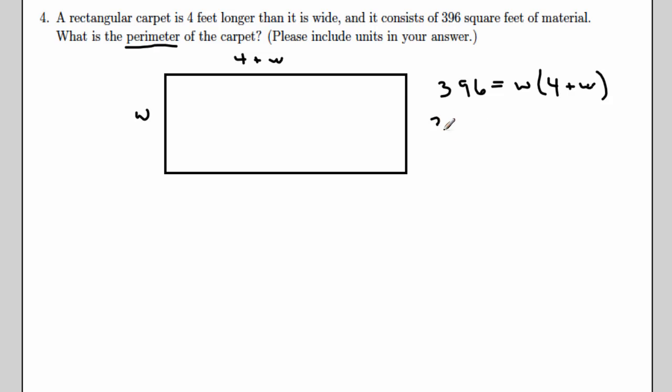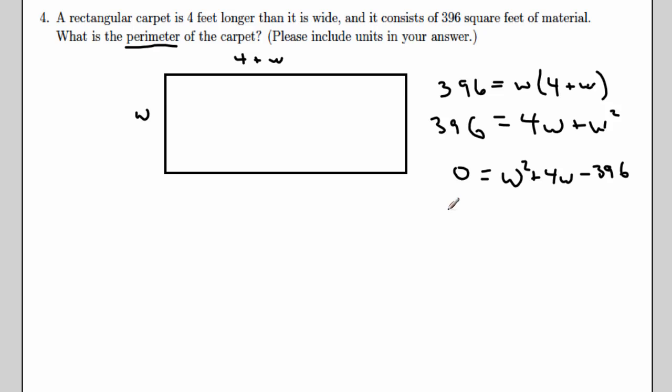If I multiply out the right-hand side, I see a W squared term, and this indicates to me that this is a quadratic equation, and in particular it's a polynomial equation. That means that I need to use the strategy that says that I should get all of the terms in the equation to one side, and 0 on the other side. Because, like in the problems before,